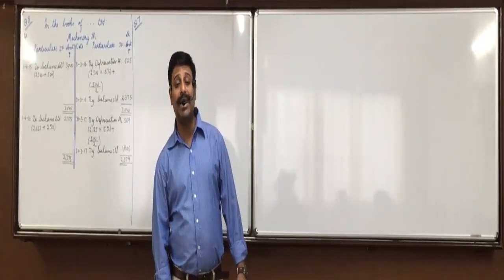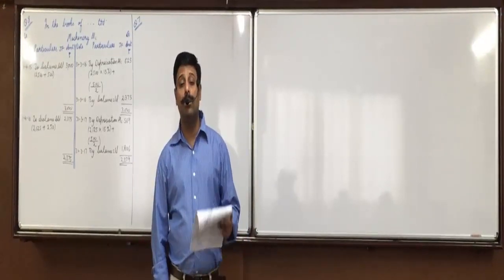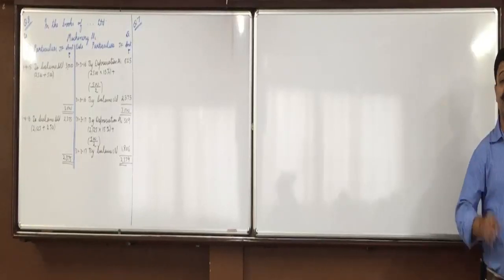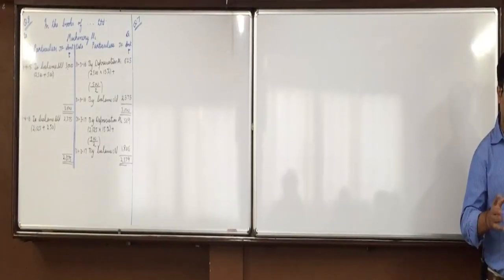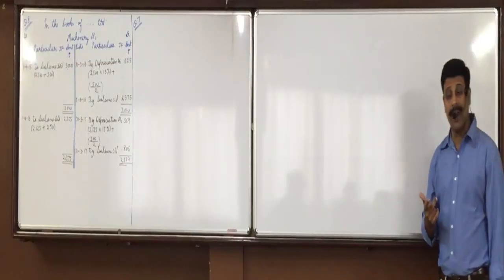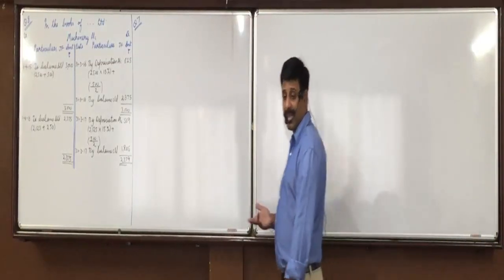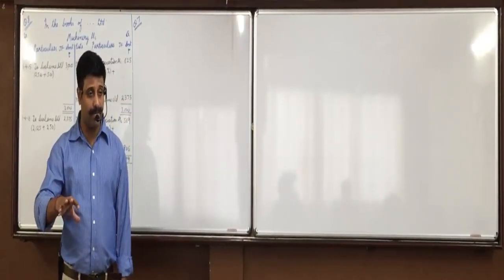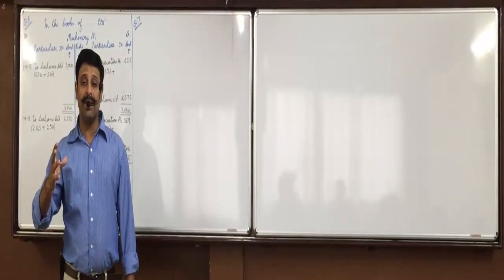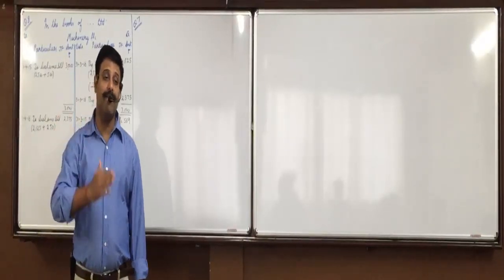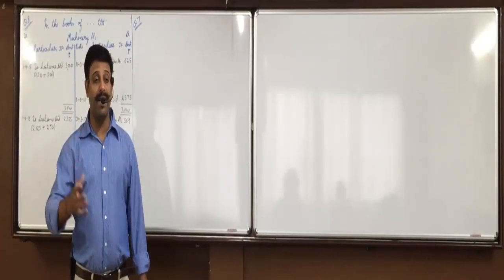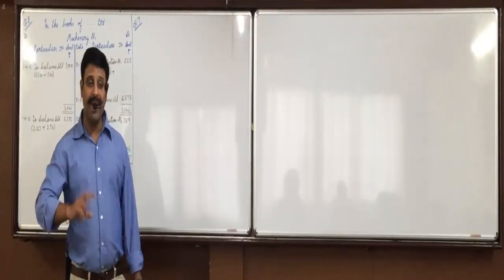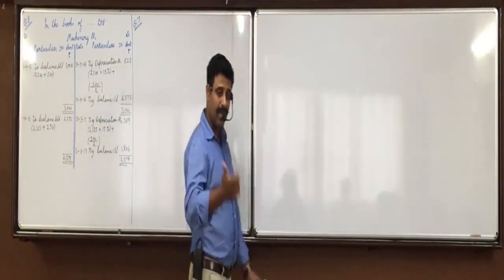And scrap value you can take less than 5%, but you cannot take more than 5% of original cost in any situation. So if you provide a different useful life than the one specified in the Schedule, or if you provide more than 5% residual value, then you have to make a disclosure in your financial statements to the shareholders, and that disclosure should be based on technical advice. You have to give proof and evidence. Why do you feel that the useful life is different from the Schedule? And why do you feel that residual value is more than 5%?